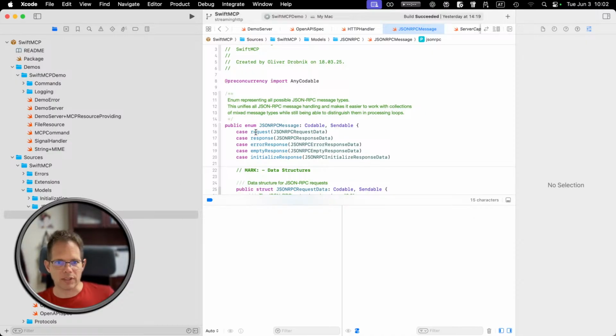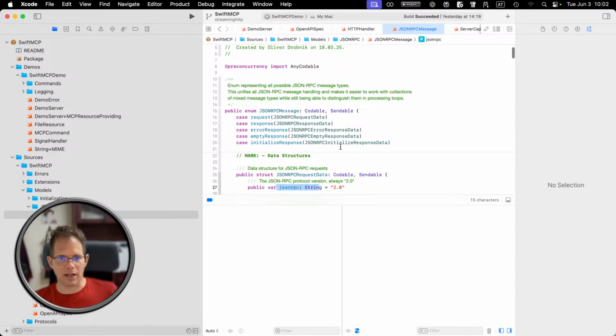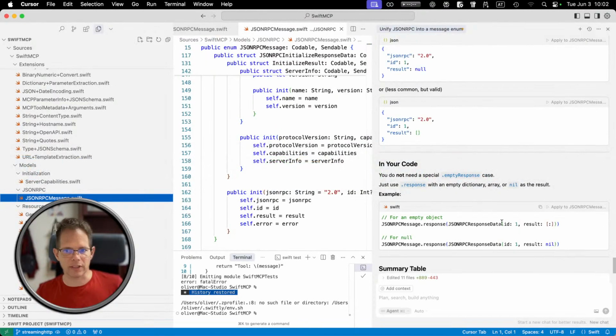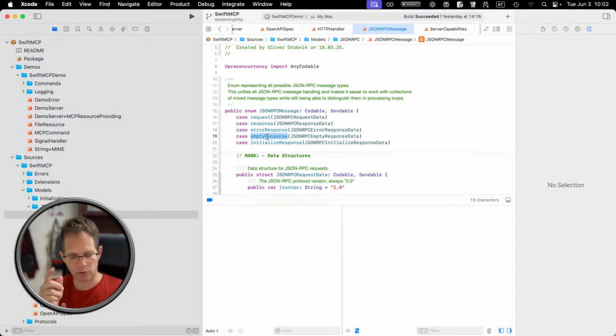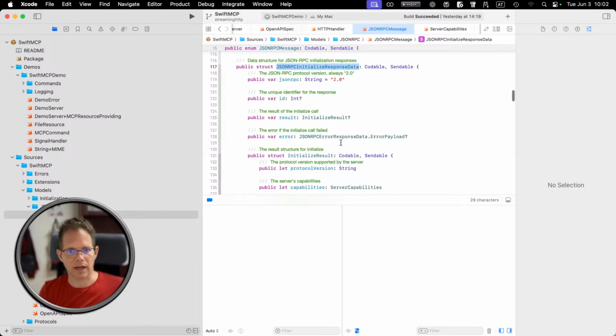So what you see here is this is a little bit refactored already with the help of Cursor, and I'm trying to streamline this. So far I was able to boil it down to JSON RPC messages can be a request, a response, an error response, and then I have the empty response. Like for example, if you send a ping, then you get back an empty response, which is just curly bracket open close. And I had a special case for initialize response because